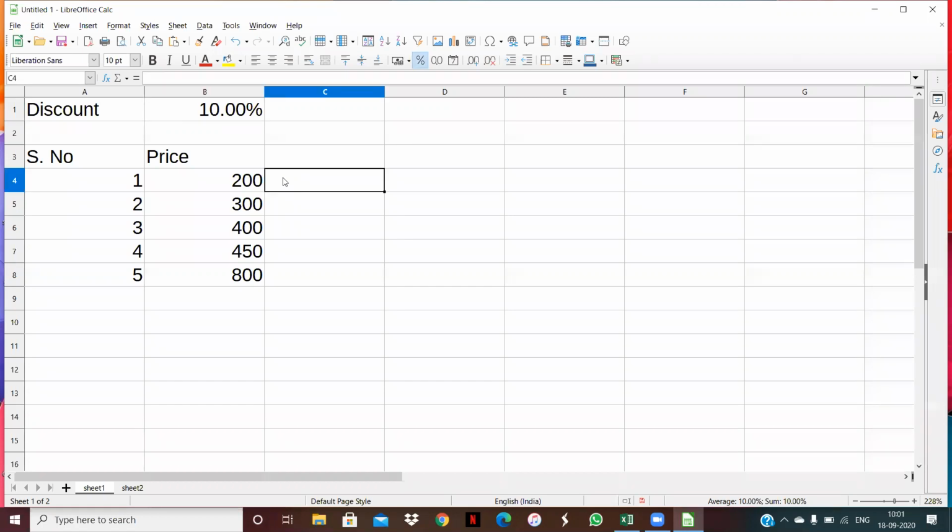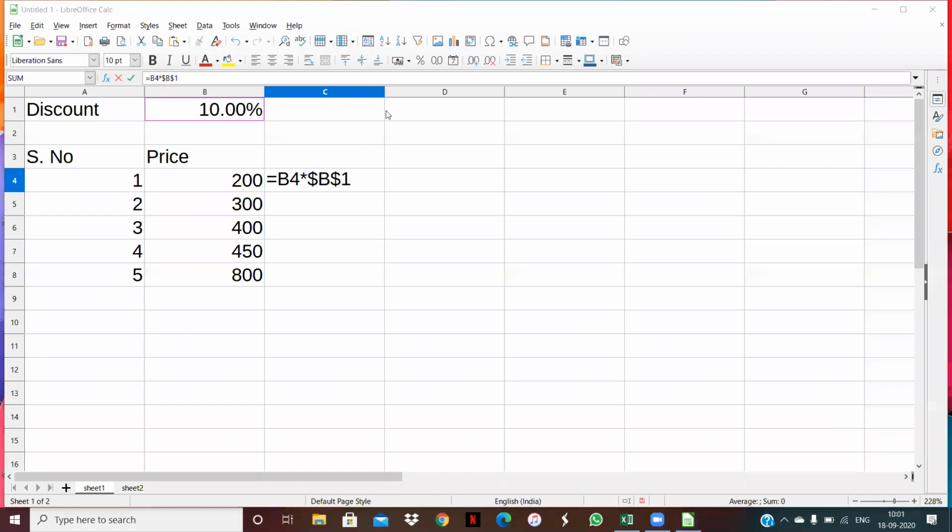Now I am going to write the formula here: equal to this value multiplied by this value. Clear? But if we write it in this fashion, it will change automatically, and we want to fix that value, so we add a dollar sign before the address of the cell.